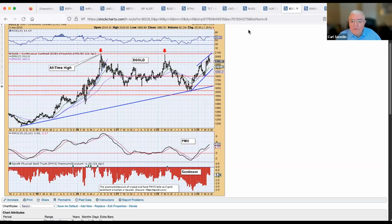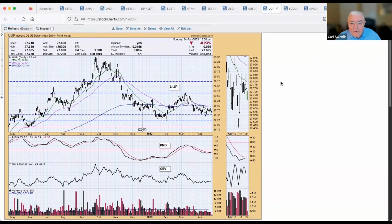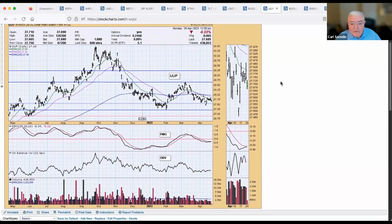I mean, it seems to me the way the dollar is being beat up right now because of the kind of money that Congress is spending, I think the gold is looking really good. The dollar, not so good. We had a question